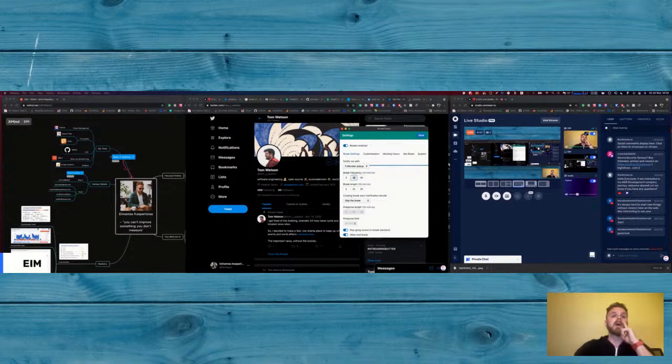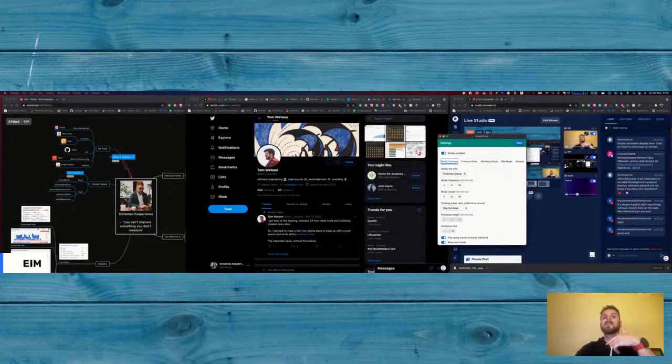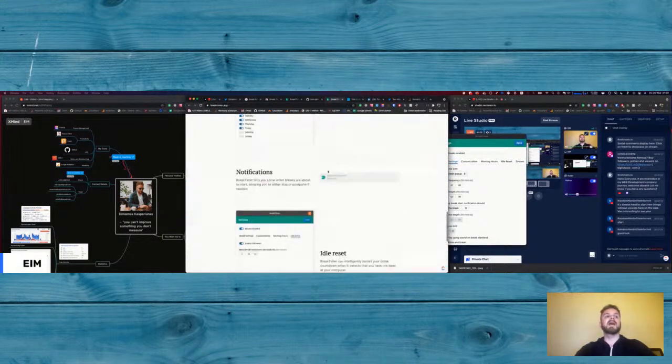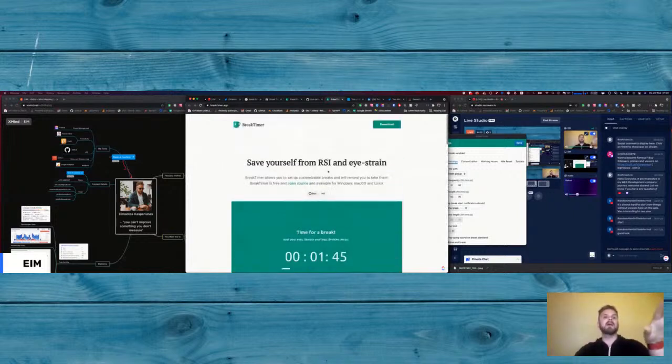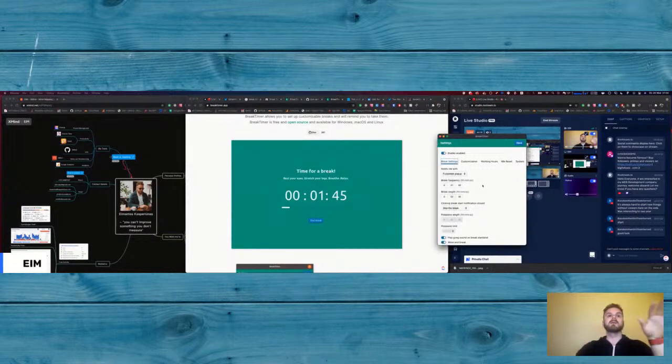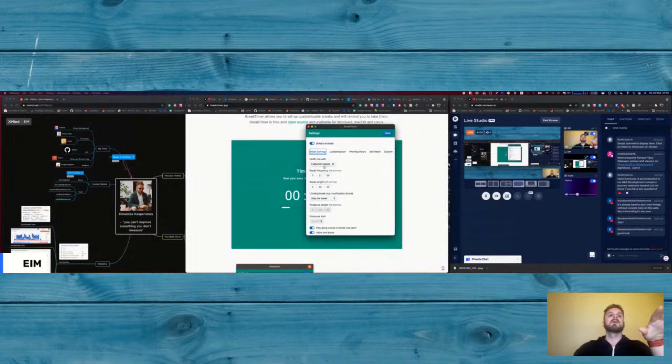Break frequency. Oh, okay. So this is an app for taking breaks while you're working, but I want a nice break countdown. Okay, so now it has time for a break. Full screen pop-up.